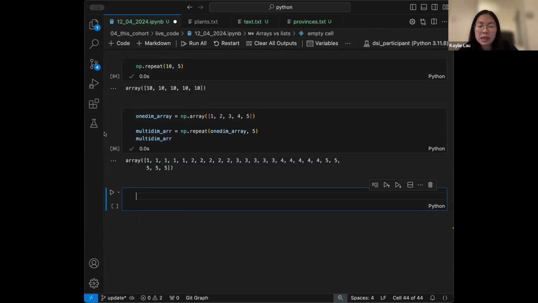Notice how it's repeating each element in the array 5 times. One is going to be repeated 5 times. Next element's going to be repeated 5 times. But if we use the tile method, so if I actually go multi-dimensional array, it's np.tile,